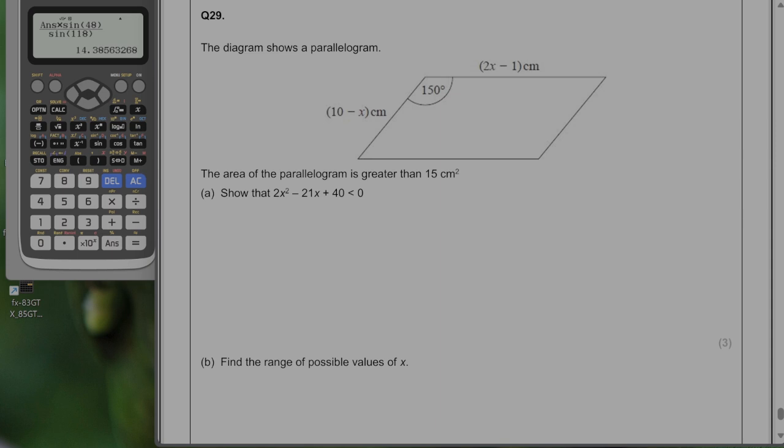Right, so the area of a parallelogram is going to be equal to base times the vertical height. We haven't got the vertical height, but we can work it out. Because if that's 150, then that must be 30 degrees. So we want to say that the area, so the base, so 2x minus 1 times by, if we want to work out the height,